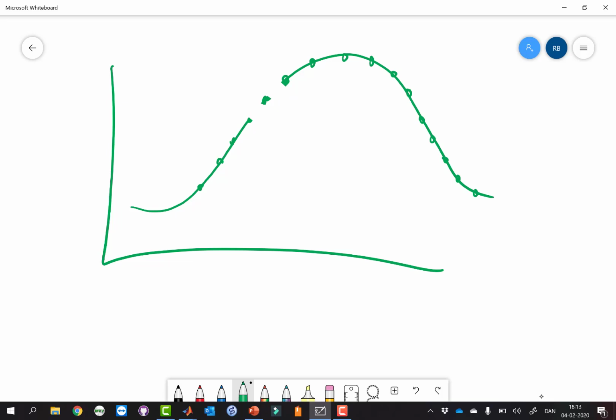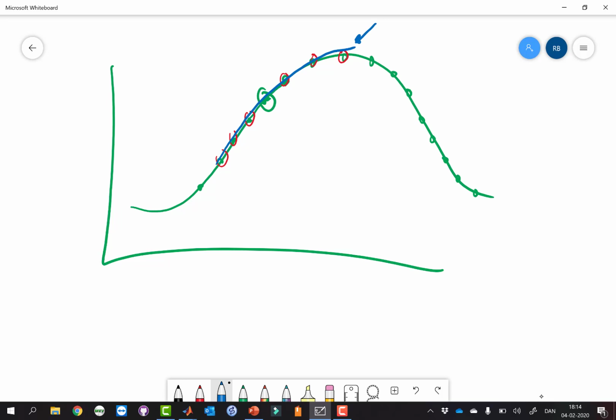So what we do instead is that we define a window around the point that I want to calculate the derivative in. So let's say I'm taking 3 points on each side. And what I'm going to do now is fit a polynomial to these 7 points. Maybe a second order polynomial like this.